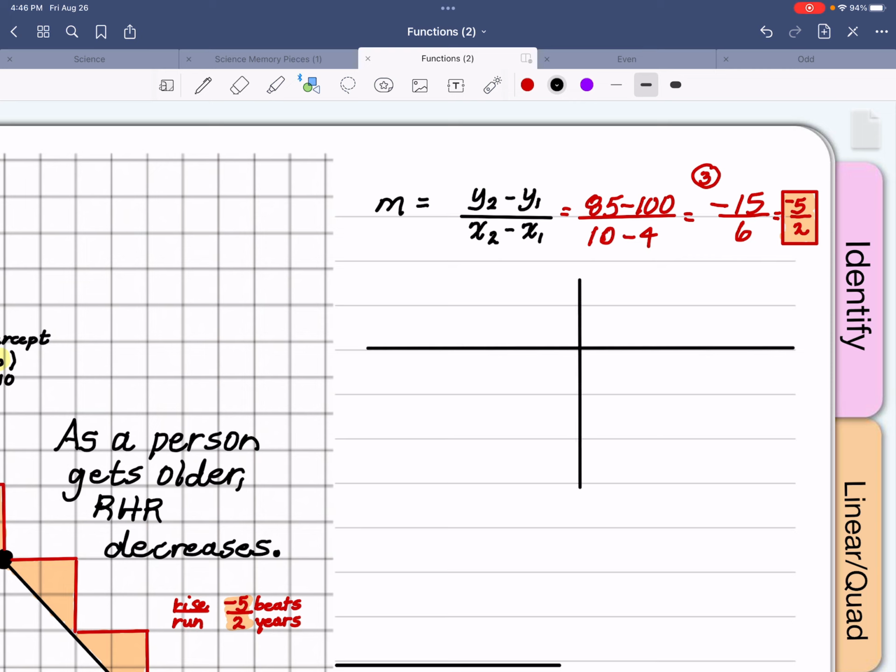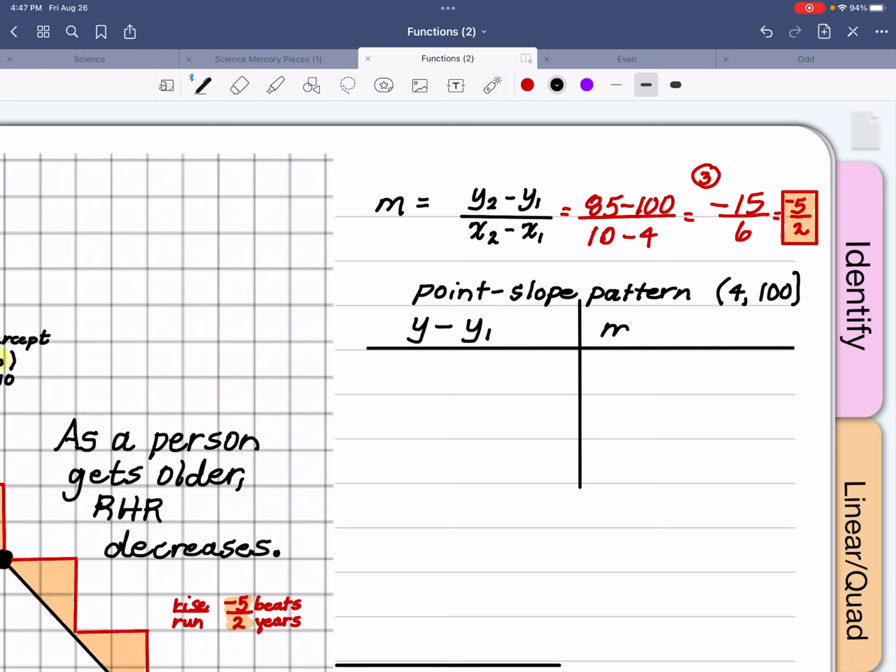Well, I haven't answered the first part yet. It said to write an equation for the line. So I'm going to use point slope form. And let's get our thing going here. So we have to recall the point slope pattern. Now I know slope is right up there. The point I'm going to use is the 4/100. You can use 10/85 if you want to. It doesn't matter. The point slope pattern, say it with me, is y minus y1